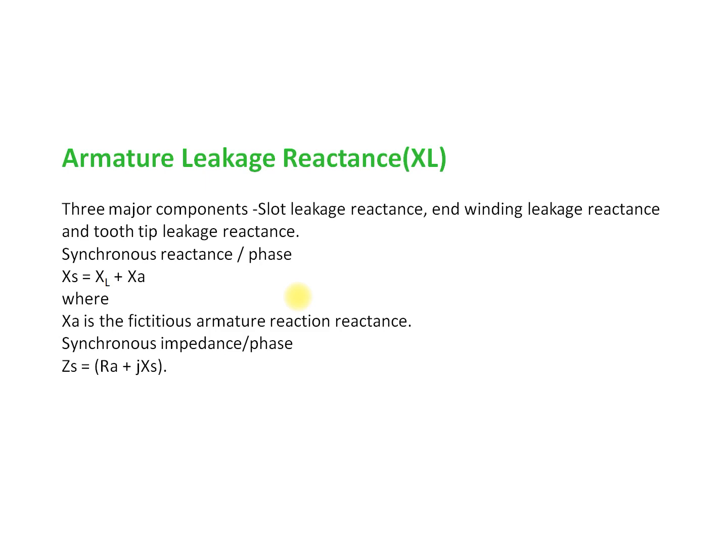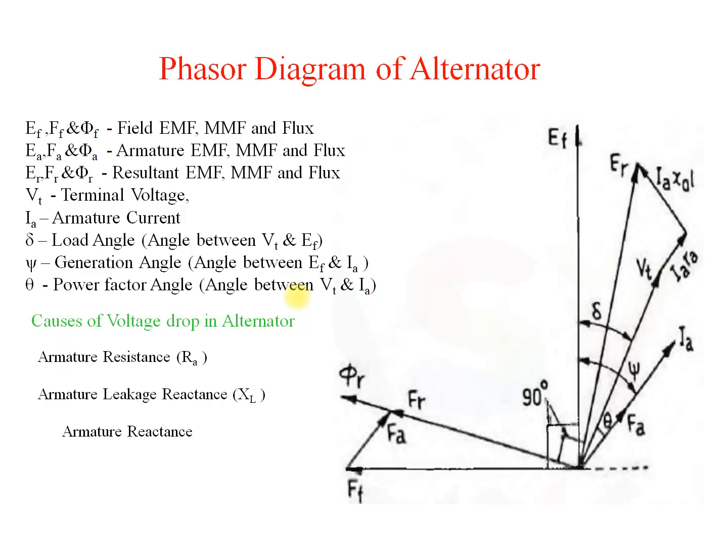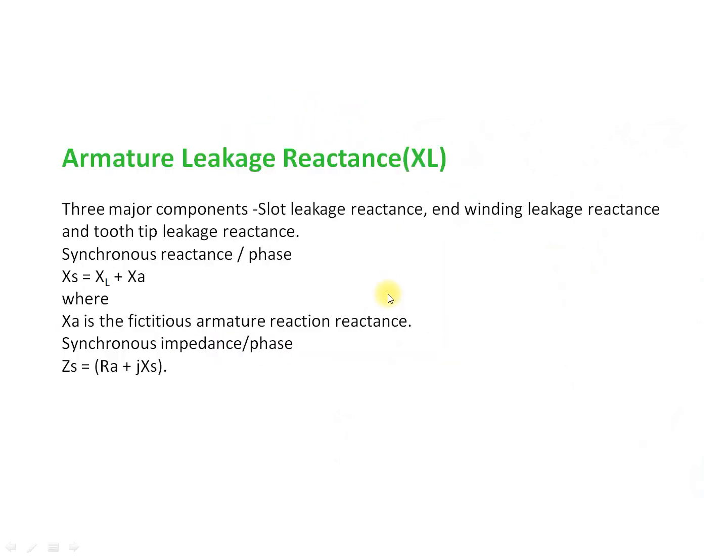So next we will be going to see about the armature reaction. We have seen that one of the reasons for the armature voltage drop will be armature reactance. This armature reaction is one of the reasons which is not mentioned in this particular phasor diagram, because the armature reaction is a process which is happening in an alternator or in any DC machine where we are having concentrated windings.